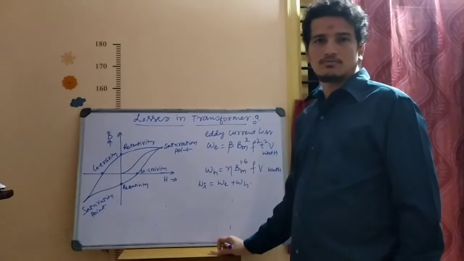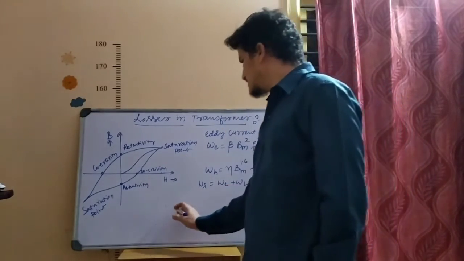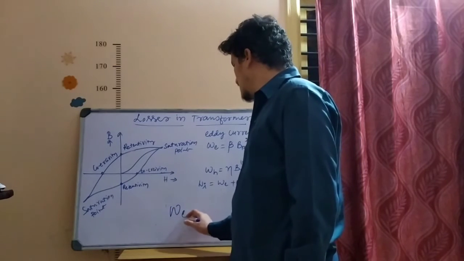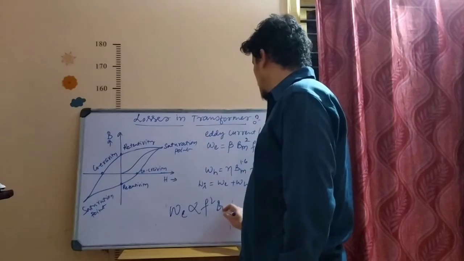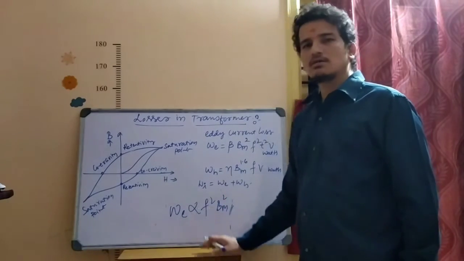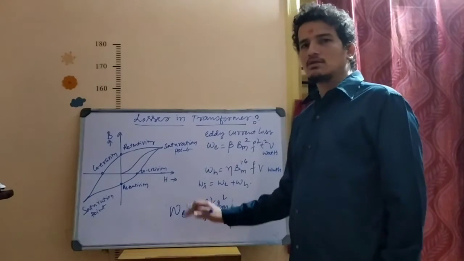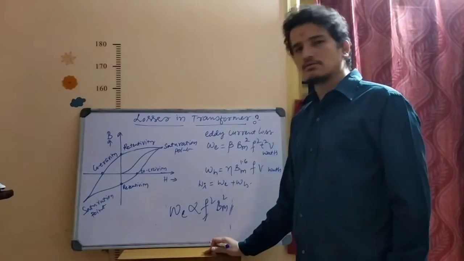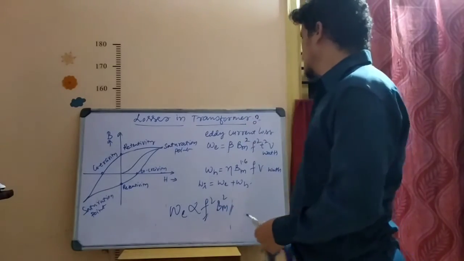That iron core, that magnetic core. So from this we can understand that W_E is directly proportional to f² and B_m². If flux density doubles, the eddy current loss doubles. If frequency doubles, then also W_E doubles. So this eddy current loss,